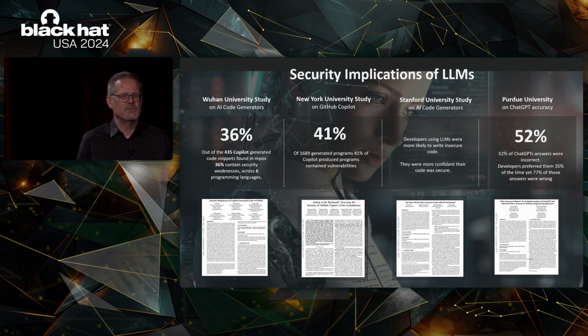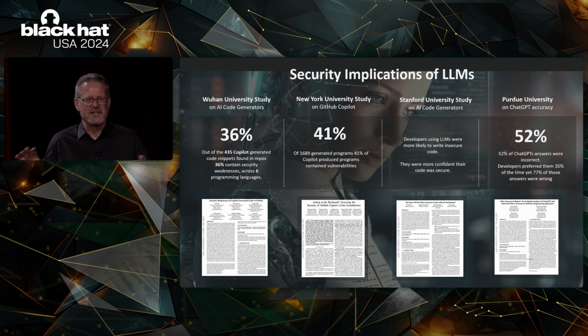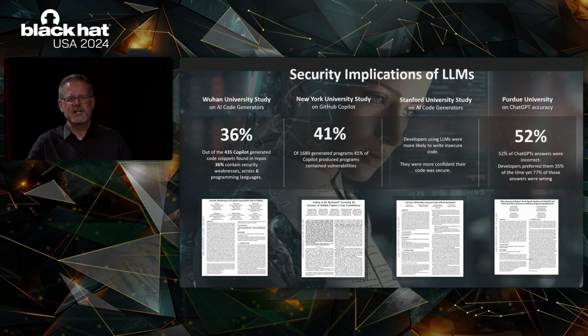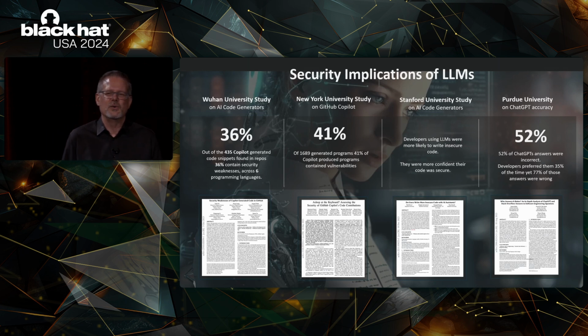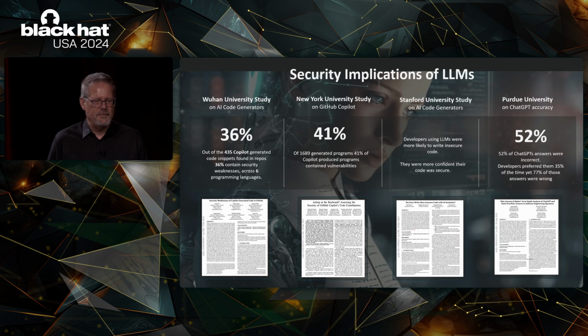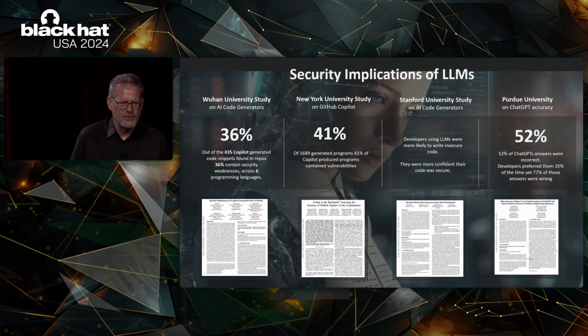Because a lot of these tools say it right on the bottom of the screen or in the disclaimers: these tools, generative AI, may create errors. It may answer wrong. It may create problems. Please review this and make sure it's correct, right? Well, the developers are more confident in their code. That person in the middle that's supposed to be looking at it is actually doing the wrong thing. They're accepting the code from the code generator as trusted. So that kind of goes against what we're trying to do, right?